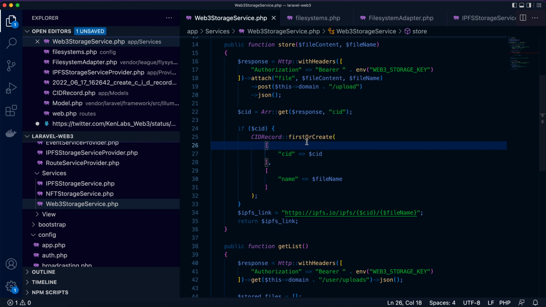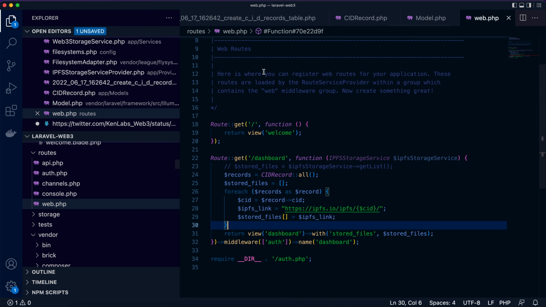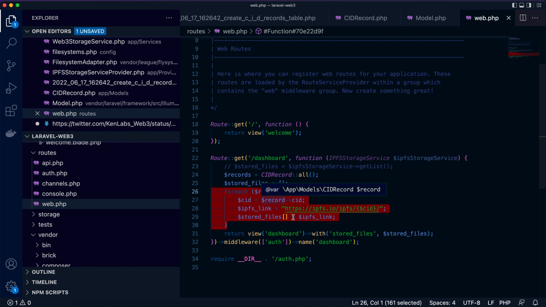Next thing is the dashboard route in the web.php. So here for each CID record, I have to build the IPFS link and get it listed on the dashboard. So I want to save this part of code and make it more elegant or cleaner. So here we can use a Laravel accessor. I'm going to use a new feature of Laravel 9. So with the improved